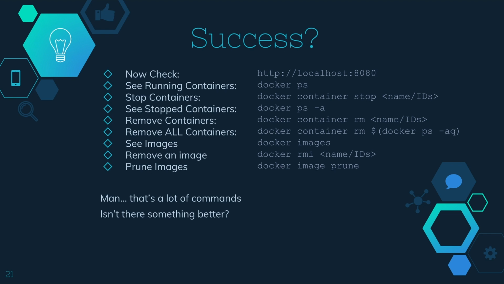You can see what containers are installed and stopped with ps -a. And then we talked about removing them. You can remove all your containers if you like with that command. You can look at your images that are installed with docker images, remove an image the same way you can remove a container with rmi, and prune images with docker image prune. If you have any intermediate steps when it's building a container, it may spin up another image that's sitting off by itself that's maybe not necessary. So you can get rid of some of those with docker prune.